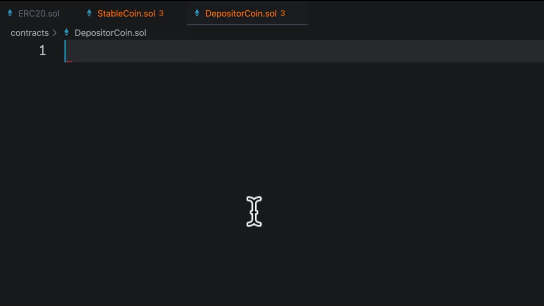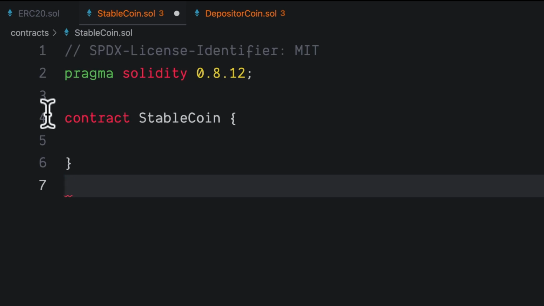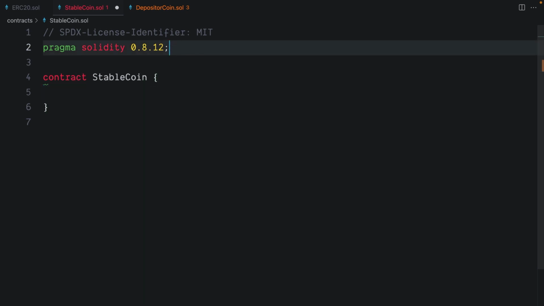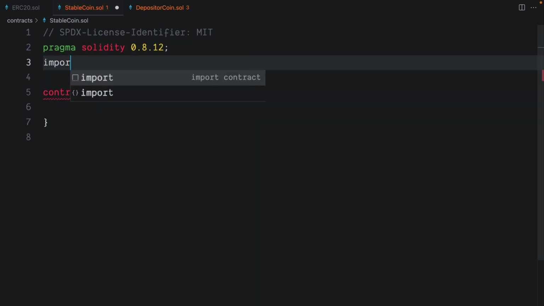So now we have those two contracts here, and let's start with the stablecoin contract. I just copy paste the common structure that we always have. And contract is stablecoin. And now let's first import an ERC20. You can use the import statement to use other files or other contracts inside this file here. So if we now want to use the ERC20 contract that we implemented before, we just say import curly brackets